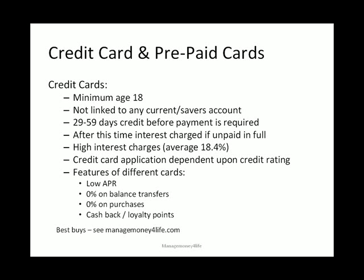that's what you're wanting. There's 0% on balance transfers, so if you've got a credit card which is charging you 18.4%, there may be another credit card which is offering 0% balance transfer. There may be a transfer fee of say 3% on that, and then you could benefit from 0% for maybe 12 months, more or less. And providing you don't make any more purchases on that card, all that sum which you have transferred will be interest free. If you start making purchases on that card, what will happen is that those purchases will start incurring interest charges,